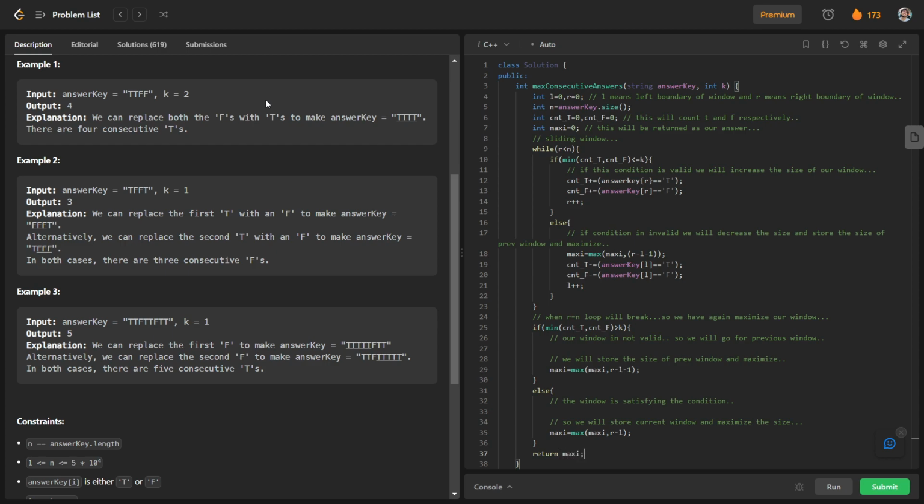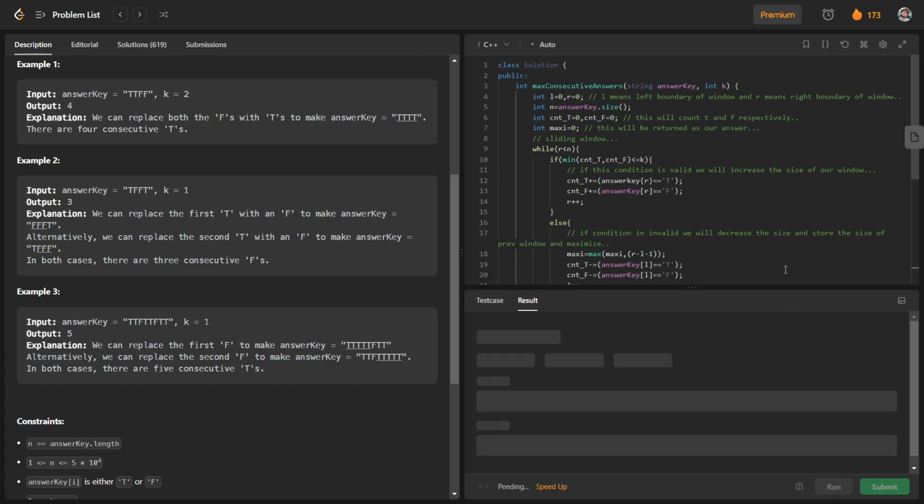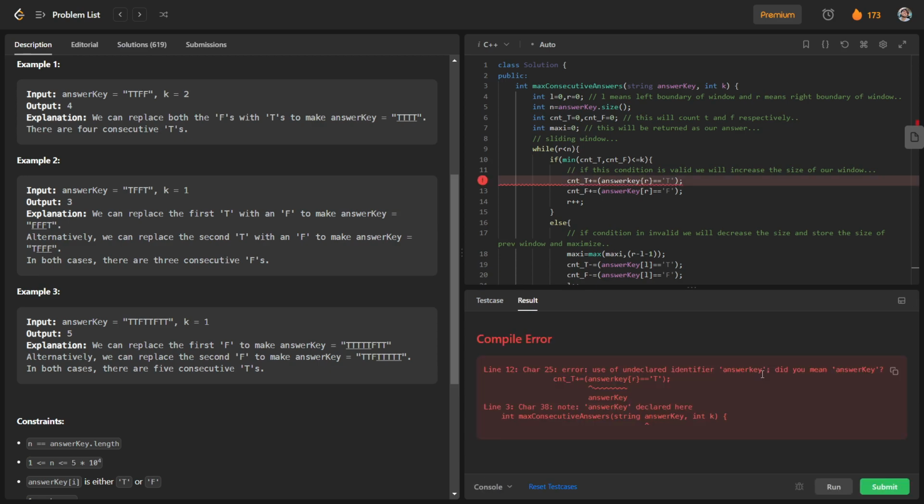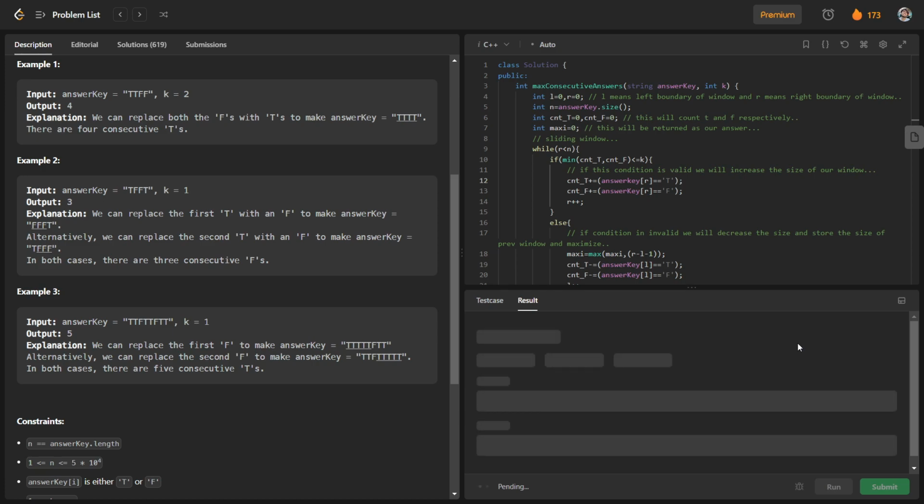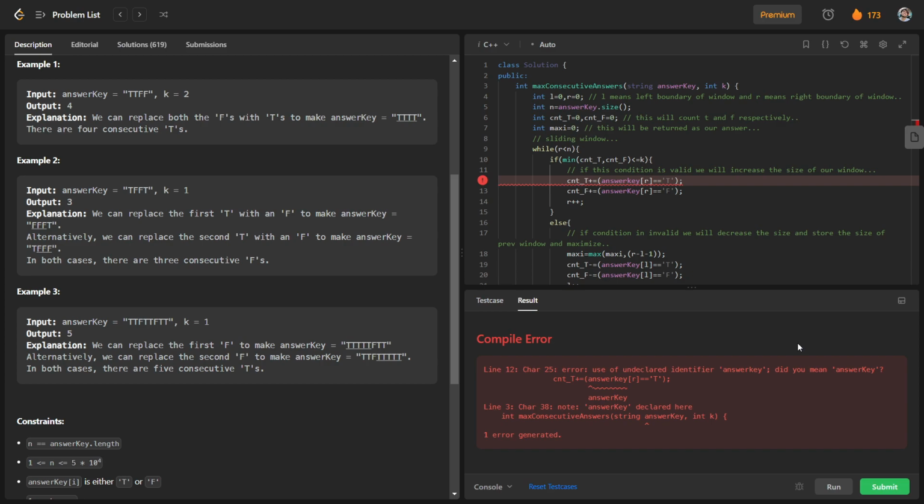So let us see whether the code works or not. There is a kind of typo here. I don't know what the error is here.